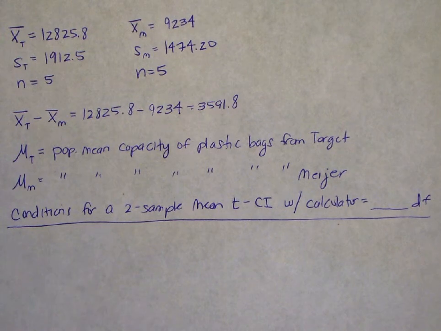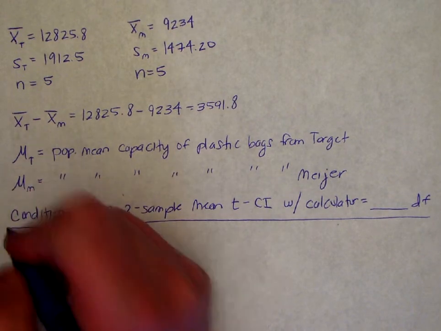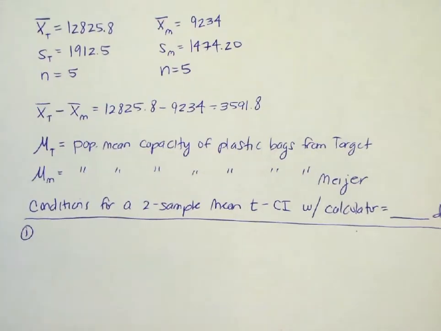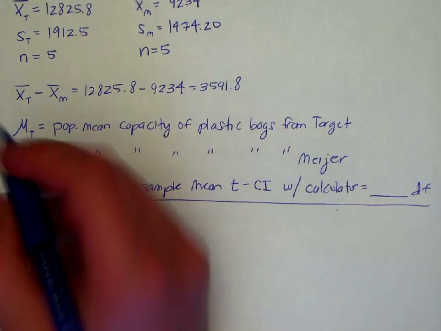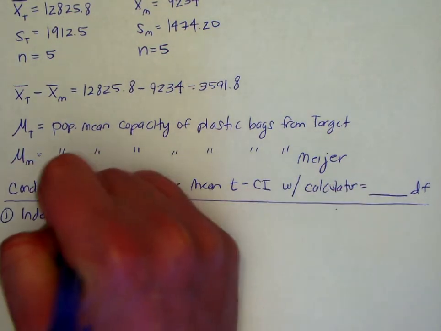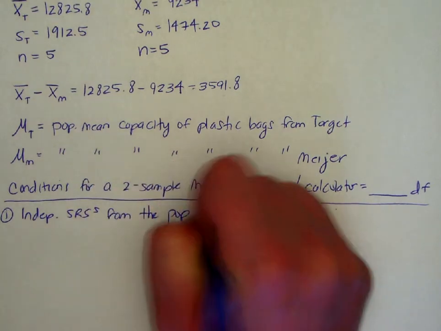I highly recommend using the calculator because that's what I'm going to use in the end when I go to the test menu. So number 1, are they independent? We're going to put independent simple random samples from the population of Target bags, and likewise the others. So you have to do everything twice. So independent, make sure you write that word when you're doing 2 samples. Simple random samples from the population of Target